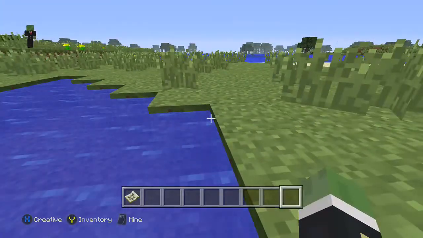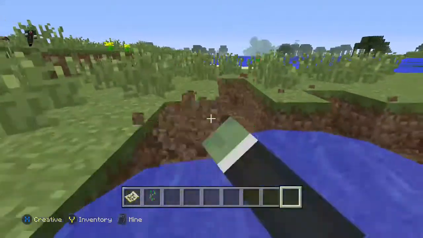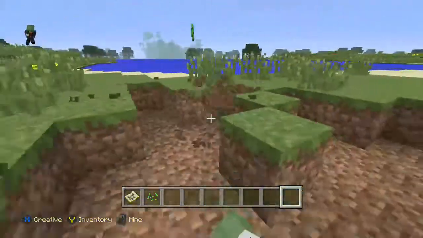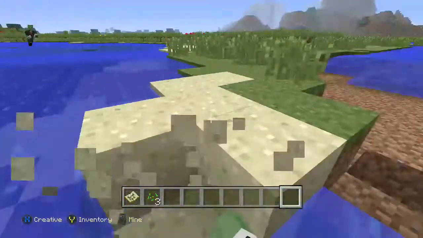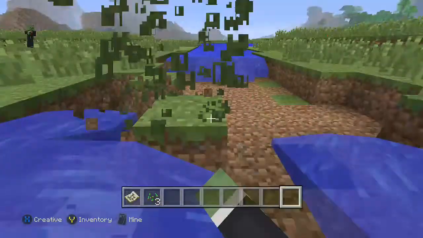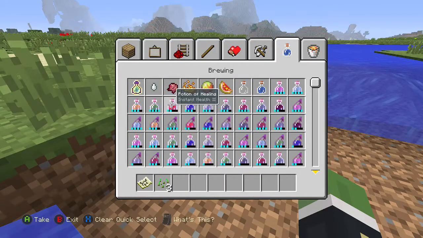First step I've learned is always terraform, because you want to make sure it looks the best it possibly can. So, let's punch all these bricks out. Now, you're probably wondering, Chilii, what are you doing? Why are you breaking blocks, man? Good question, hypothetical viewer. Allow me to answer that. Because the plan I have right now...